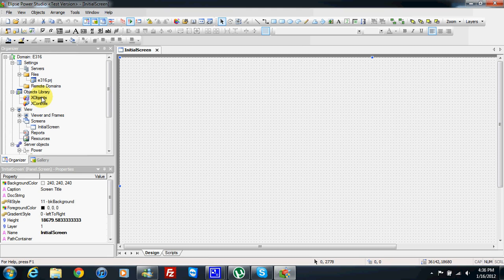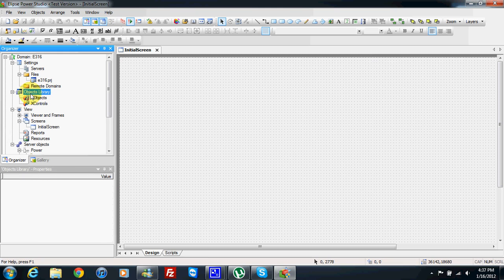I will build one water station. In this water station I have several water pumps. So if I design one water pump using XObject, I can insert in my application as many water pumps as I want. So first we insert in object library here in organizer, we insert